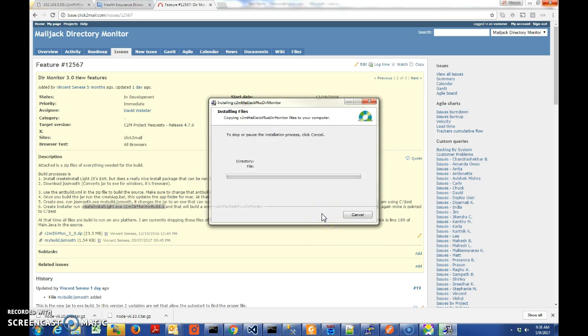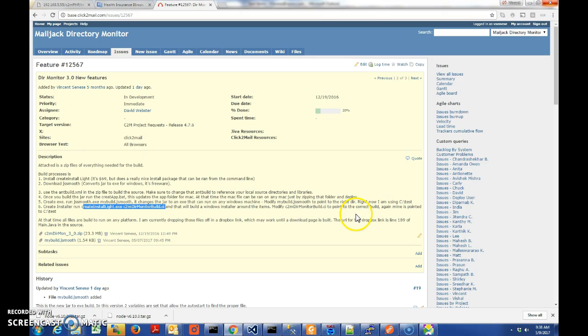So here's just a standard install file, pretty basic stuff, and that gives you all three things. Again, the whole build process is right on here. Once you have the jar, you're going to run JSmooth, which is a simple command line. It's just this same exact file. You put JSmooth, a space, then my build file, or the path to JSmooth.exe. If it's not in the same folder, put the entire path to it. Then specify this file, and as long as the jar is in the same folder as this file, it'll build